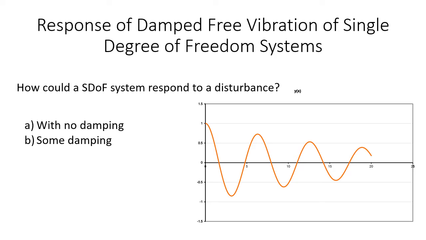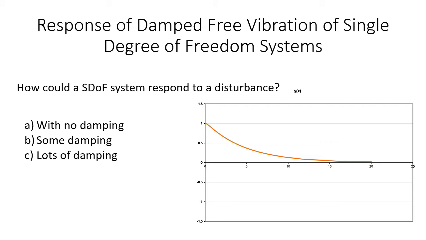And if we increase that damping even further, we'll get to a point where we've got lots of damping and we can get a very sluggish response. You can see here we can damp it so much that we don't get any oscillation at all. But this kind of system is really slow and it's not very helpful to us in most of our dynamic situations. So what we need to do is try and balance the system response against the type of disturbance that we're going to get. And what we'll look at on the next slide is how we can classify these kinds